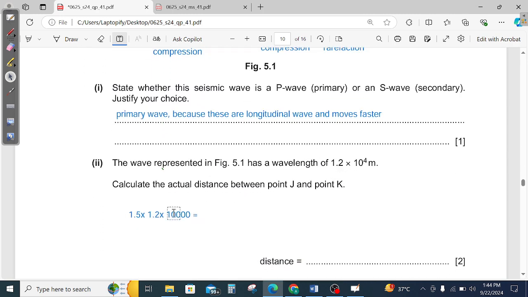I have already written here 1.5 multiplied by the value of wavelength, which is 1.2 × 10^4. This is given, so you have to multiply this, you will get the answer easily. 1.5 multiplied by this one gives 18,000. Your answer will be 18,000